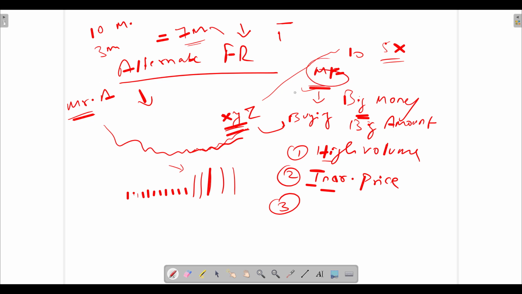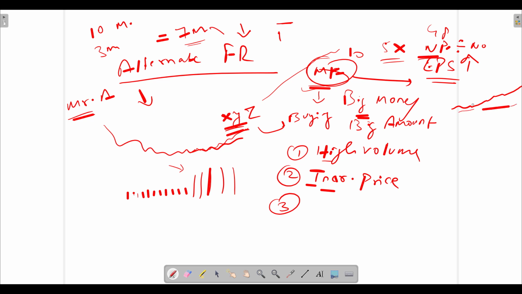Like if a mutual fund decides that this is going to perform, there must be a basis, and one of the bases must be EPS increase, earning per share increase. We discussed the gross profit, net profit, right? So net profit divided by number of shares is the earning per share. So if net profit is increasing, earning per share must be increasing. They must have a good amount of information that EPS is going to rise in coming years. Like, okay, the company is going to perform well in terms of net profit, EPS is going to rise. If the EPS rises, price is going to rise. Okay, so they might have this information.